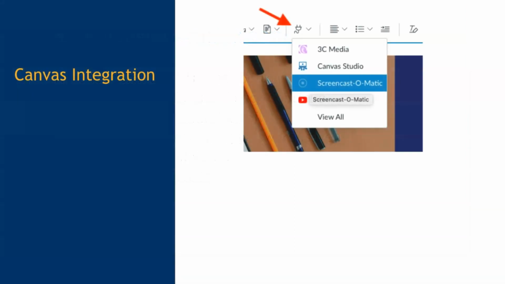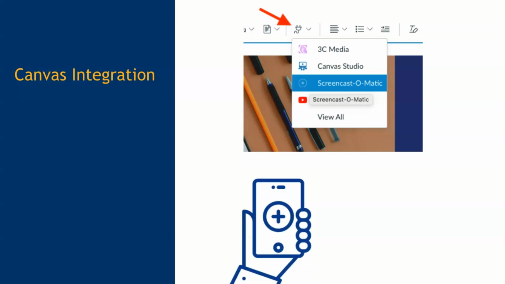You may want to use the email and password you use for your College of the Canyons instance of Canvas. Here's why. Screencast-O-Matic has a Canvas integration, meaning you can access your Screencast-O-Matic videos right from the rich content editor. The integration works if you use the same login credentials as what you use to log into Canvas, so that Screencast-O-Matic recognizes who you are when you're logged into Canvas. It's not a problem if you use different login credentials. You'll still be able to grab videos from your Screencast-O-Matic account and embed them onto a Canvas page.